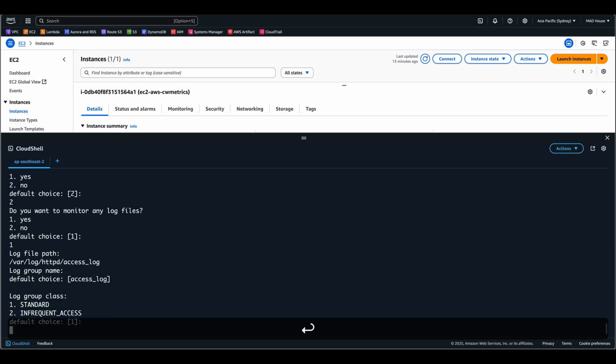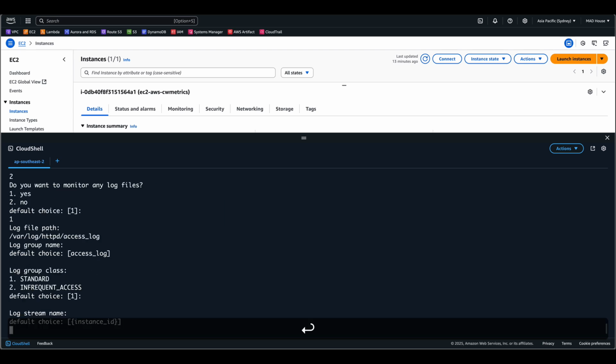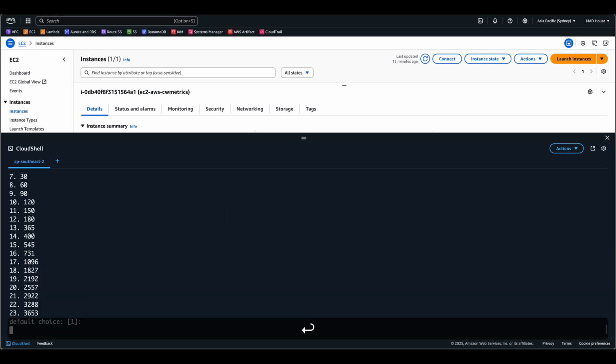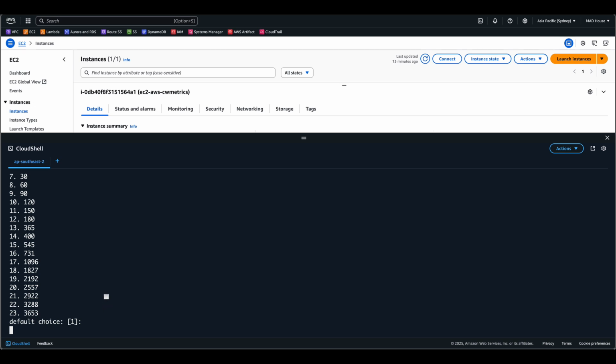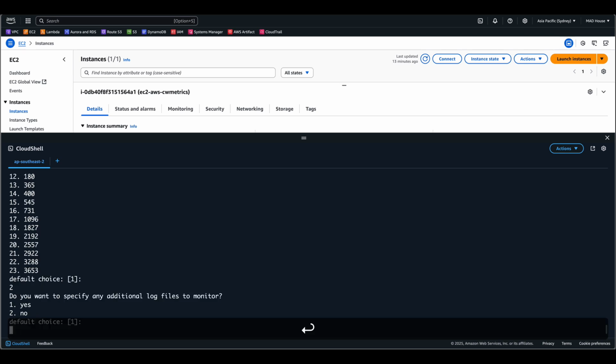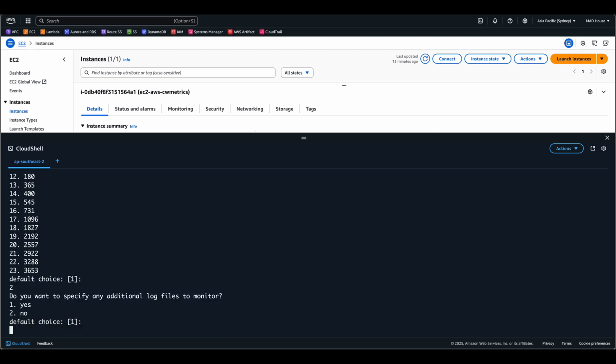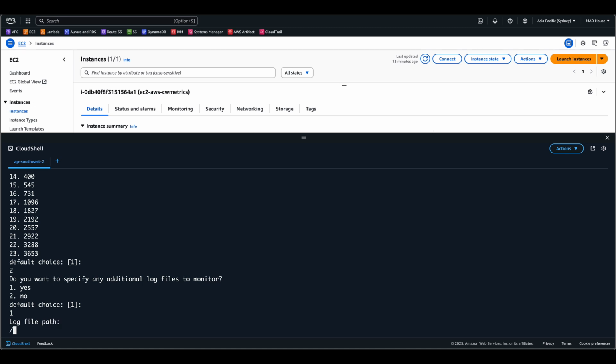Default choice, yes. We want standard instance ID, and we will retain the data for how many days. I'll just say I'll retain it for 2 days or 1 day. So I'll just select 2. Do you want additional log files? Yes. It's again /var/log/httpd